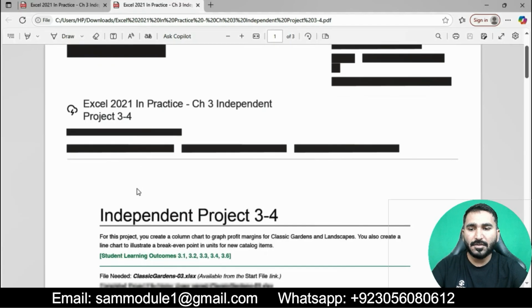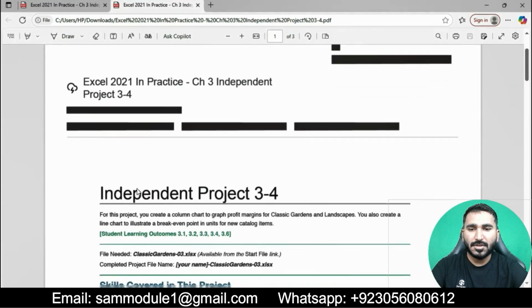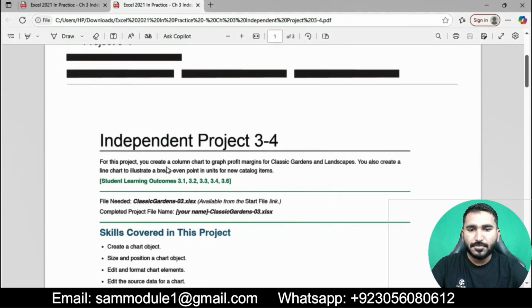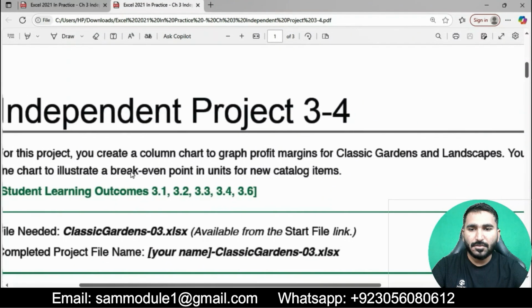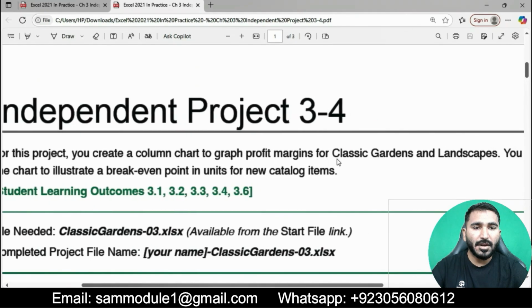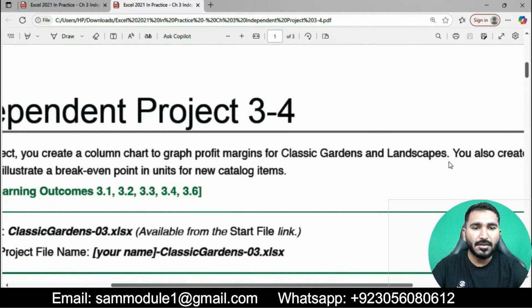Now let's start our project and solve it step by step. Excel 2021 in Practice, Chapter 3, Independent Project 3-4. I will read the instructions. For this project, you create a column chart to graph profit margin for Classic Garden and Landscape.